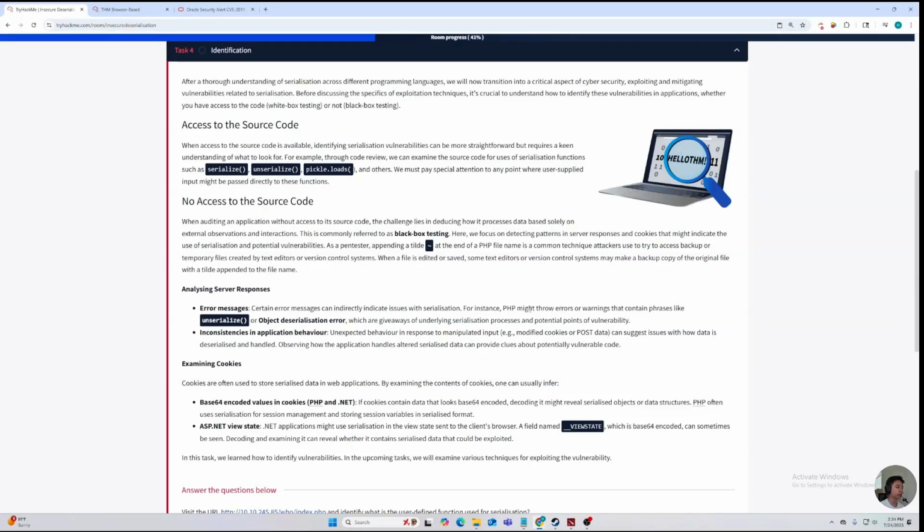Observing how the application handles auto-serialized data can provide clues about potentially vulnerable code. Examining the cookies: cookies are often used to store serialized data in web applications. By examining the content of cookies, we can usually infer the base64 encoding of values in cookies, PHP or .NET. If cookies contain data that looks base64 encoded, decoding might reveal serialized objects or data